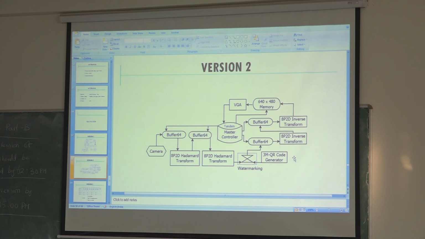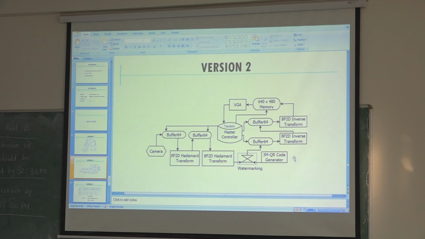In case, as I said, DAF or DFT, whichever structure you are following for the butterfly, row by row only we are going to read.